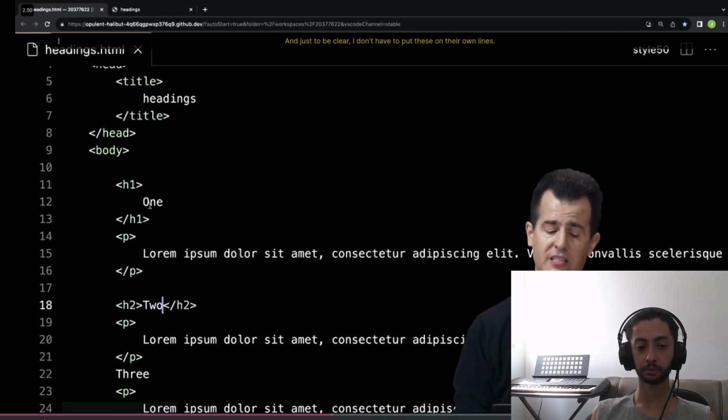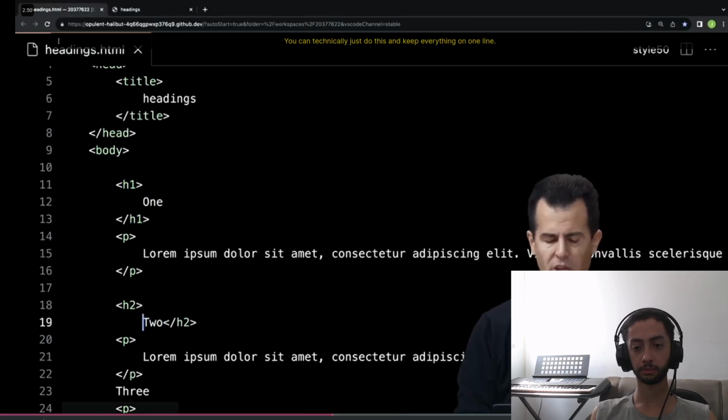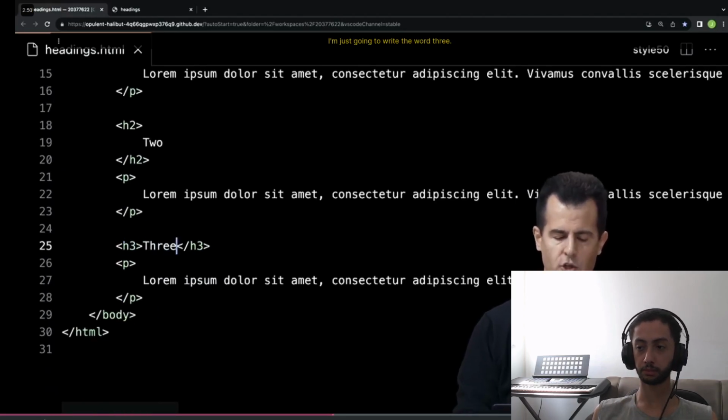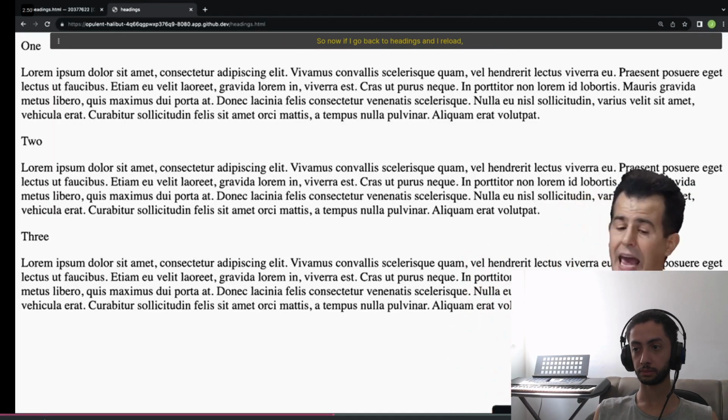Just to be clear, I don't have to put these on their own lines. I'm just doing that to be a bit pedantic. You can technically just do this and keep everything on one line, probably consistent at least, but either approach is fine. And then down here, I'm going to use maybe a subsection, so let me delete this and do H3, and I'm just going to write the word 3, and then just to be neat, I'm going to indent everything like this here. So now if I go back to headings and I reload, I'm going to get some default